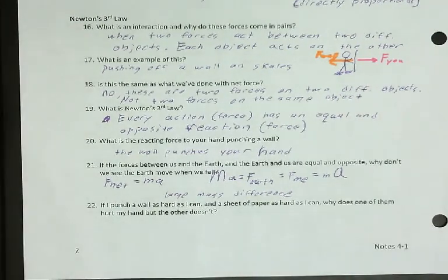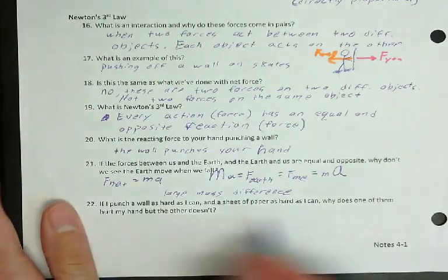Okay, last kind of concept-y question here. So if I punch a wall as hard as I can and a sheet of paper as hard as I can, why does one of them hurt my hand but the other doesn't? If I punch a wall as hard as I can, it's going to break my hand. But if I punch a sheet of paper as hard as I can, it's not going to break my hand. Why? Right, so the wall is going to resist change a large amount, which means it can apply a large force. But the paper will not resist change a large amount, which means it can't apply the same force. So even though I'm punching as hard as I can,